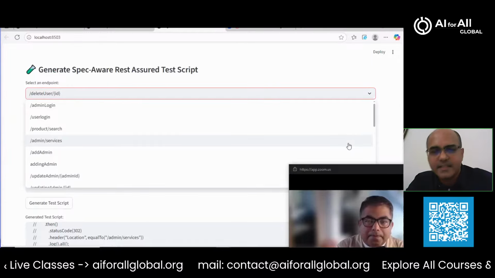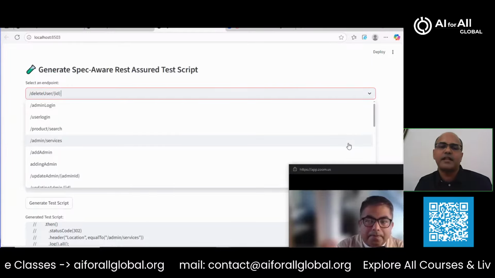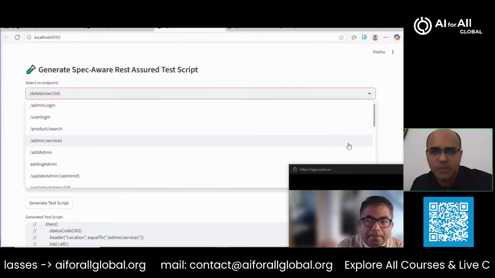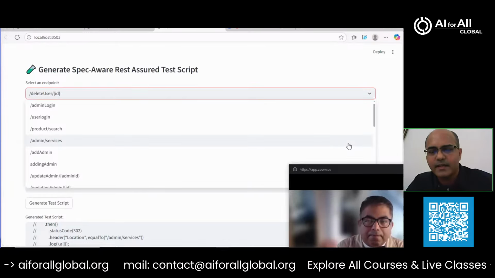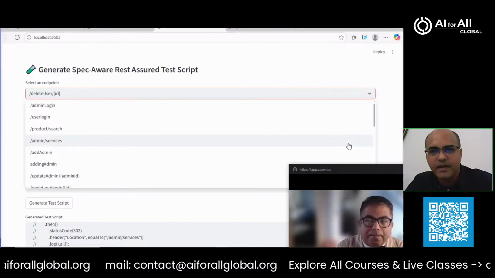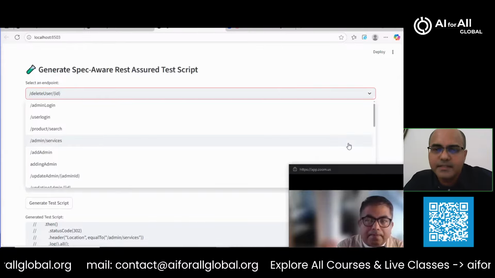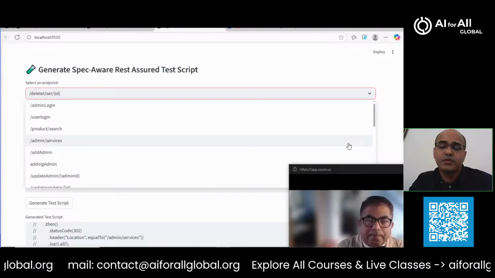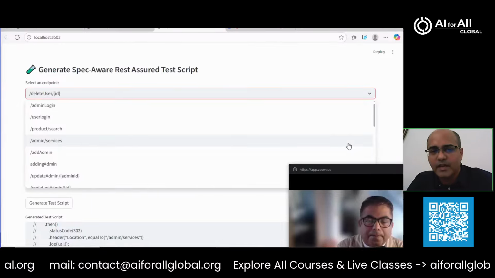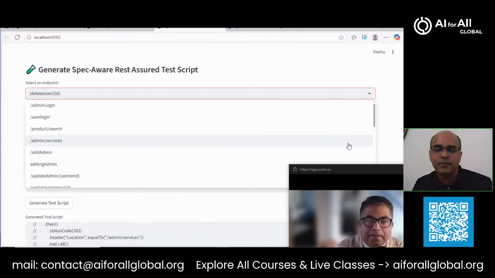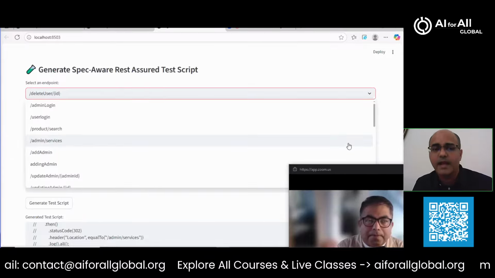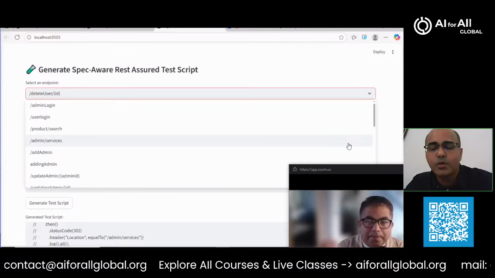So the whole task that you had earlier of creating the regression test suite, which would probably take you months for a standard project like this, that effort now boils down to literally a few minutes, right? That's a huge advantage that you and your team gain. And that's where our QAs become super productive.